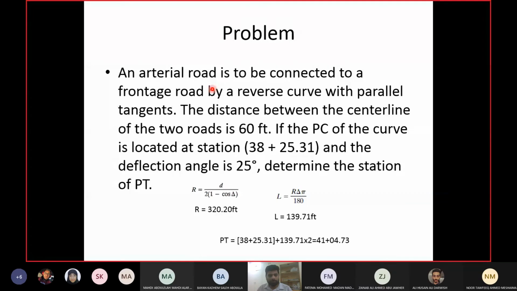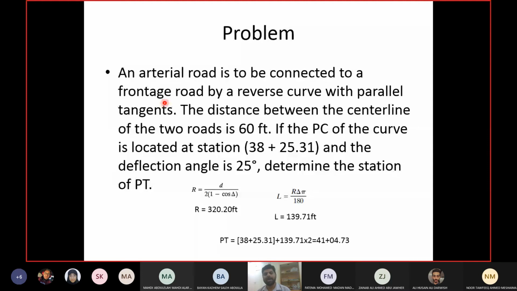Okay, side road. In some countries they call it service road, and in USA they call it frontage road. All these things mean the same thing. It's a parallel road beside the main highway which provides you parking or access to any other building near the road. So you do not access the buildings near the road from the main road directly because it will be dangerous. So we provide a side road, and that side road obviously is parallel, right? The side road is parallel to the main road. So whenever you have shifting from one road to another road which are parallel to each other, you will do it with a reverse curve.